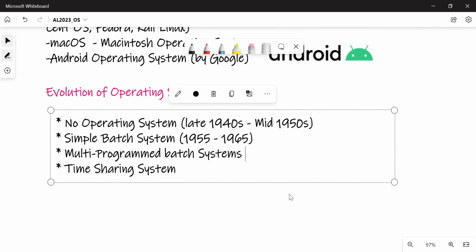And then this is around 1965 to 1980. And now what we have is time sharing. We have 1982, let's say present day. That's how these were developed.